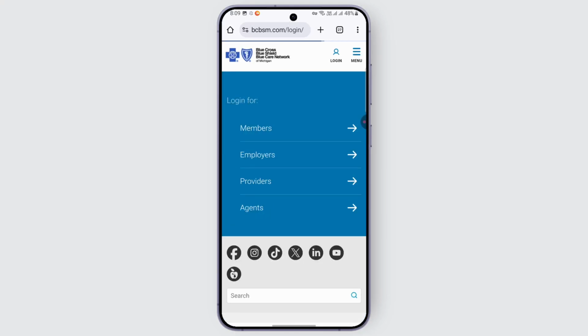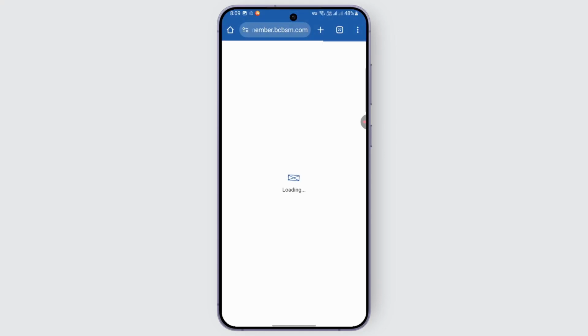Select the account, whichever account you are. For example, your member account tab on members, and log in to your portal using your credentials for BCBSM. After you do so, once you are logged in, in order to delete your BCBSM app account, the next process you need to follow is